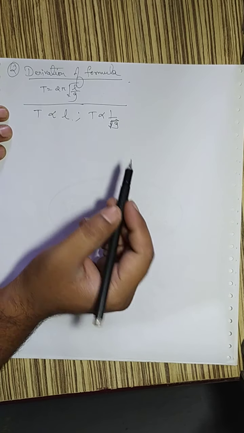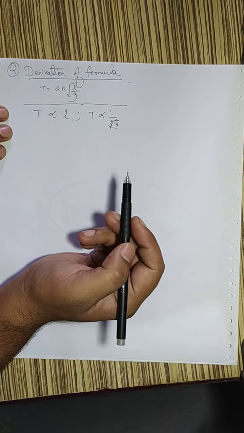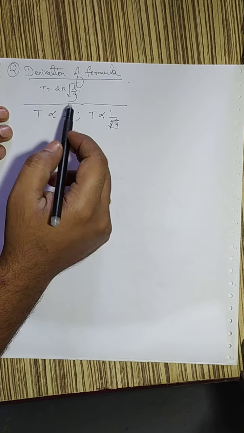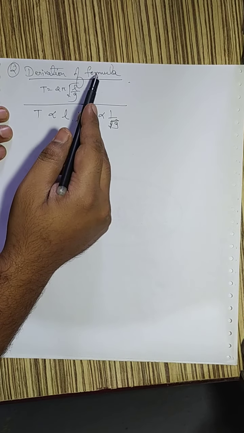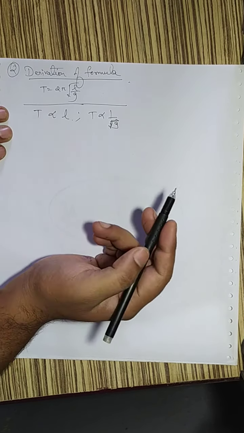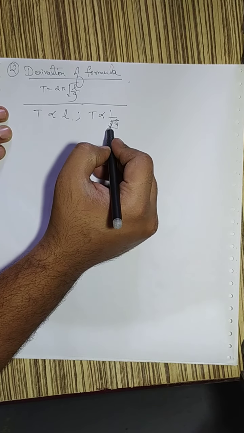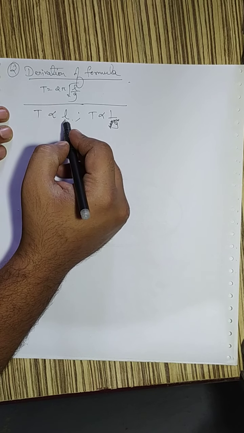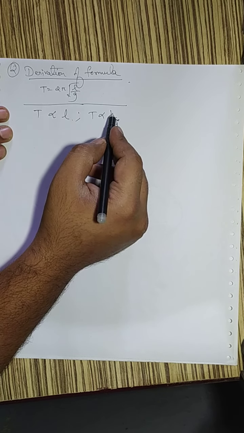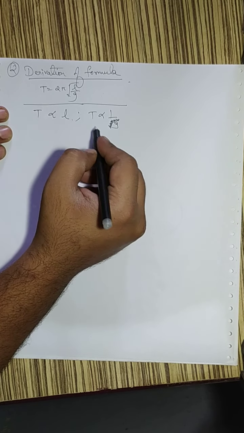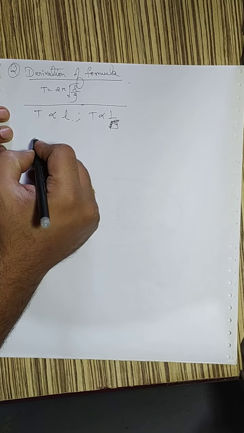So using this experimental data, how do we find out this formula? So let us see the steps. Dimension helps us to derive the formula for the given relations. This is the experimental relation which has been given, that time period is directly proportional to the length and time period is inversely proportional to g. We have to obtain the formula for the time period. So let us see how.